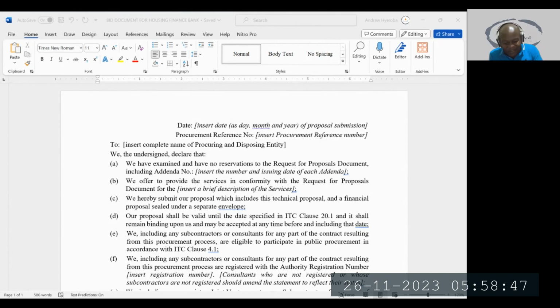The complication is meeting all those minimum requirements for administrative compliance, and also making sure that you respond comprehensively to the terms of reference. So those are the two critical elements of writing a proposal. I'm going to pause here, ask if we have any question. If we do not have a question, please